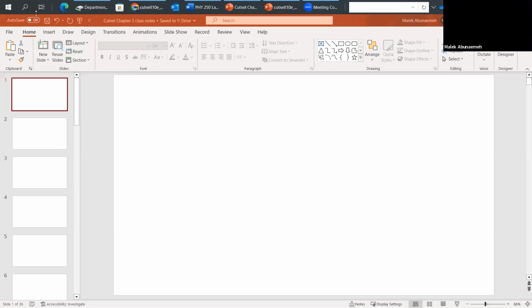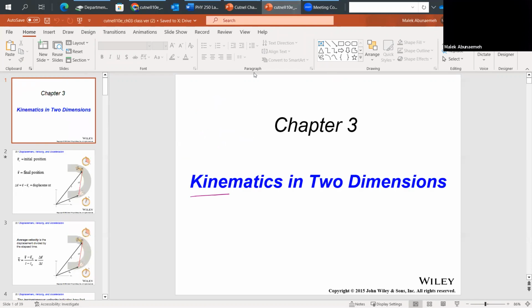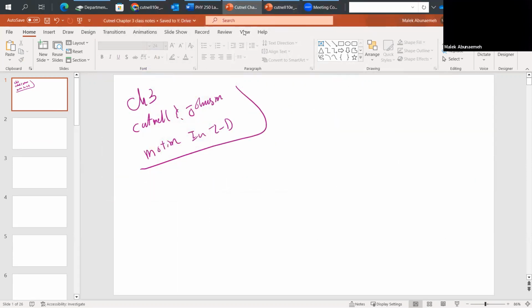Alrighty, so today we are going to do chapter 3 in the Cutnell book, which is motion in two dimensions. So we're doing kinematics in 2 dimensions today for chapter 3. Now, before we go ahead and start, I would like to refresh on some stuff that we talked about last time. So we talked about